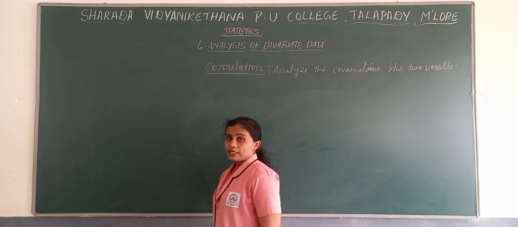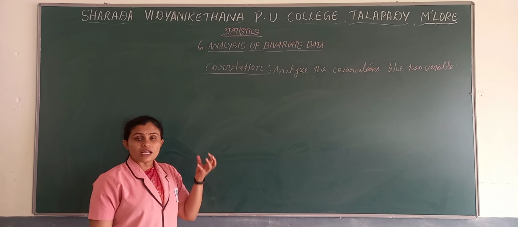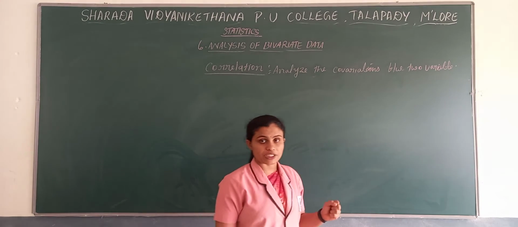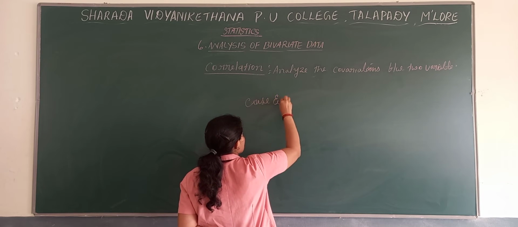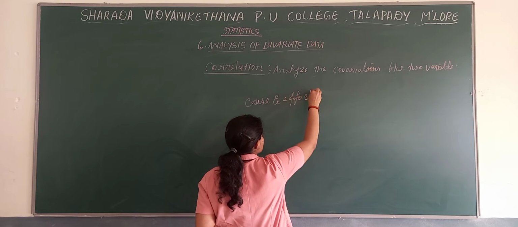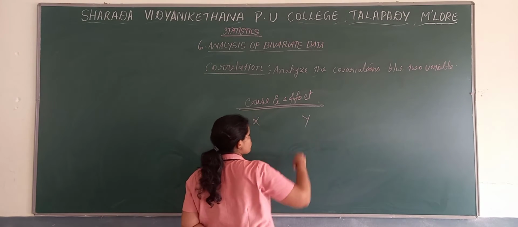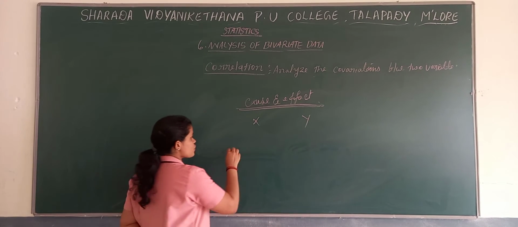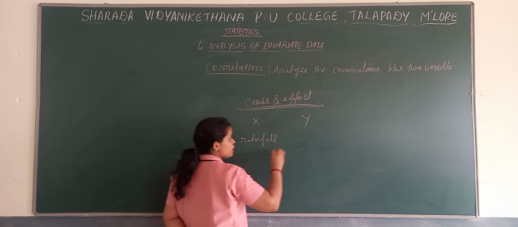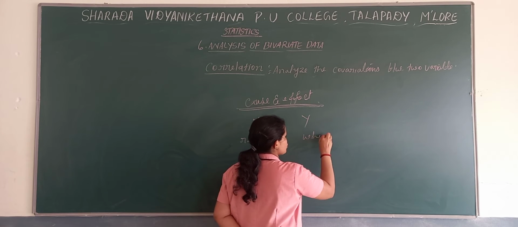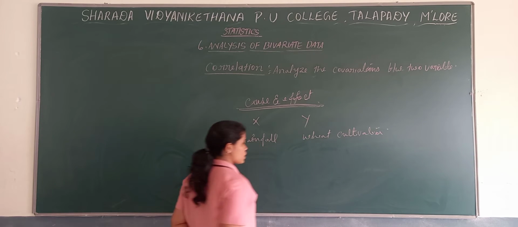Now, as I said, here we are studying the degree of relationship between the variables. What kind of degree of relationship can we expect here? Mainly we are checking cause and effect. Is there a cause and effect relationship between the variables? For example, there are two variables, x and y. X we can consider as rainfall, and y as wheat cultivation, or we can take it as wheat production also.